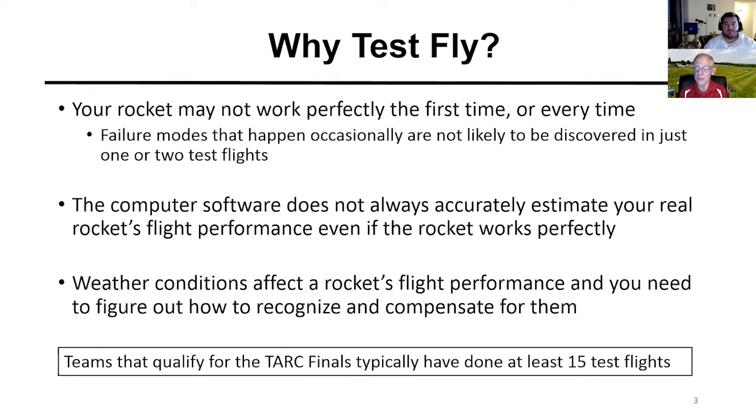There could be lots of stuff that changes the performance of the rocket, changes the trajectory or duration of the rocket. And it happens, right? You can't control the weather. You have to simply adapt to it. And if you know what you're doing, you can adjust your rocket's launch angle or other characteristics so that you actually can ride through the weather and get the flight performance you need despite the weather.